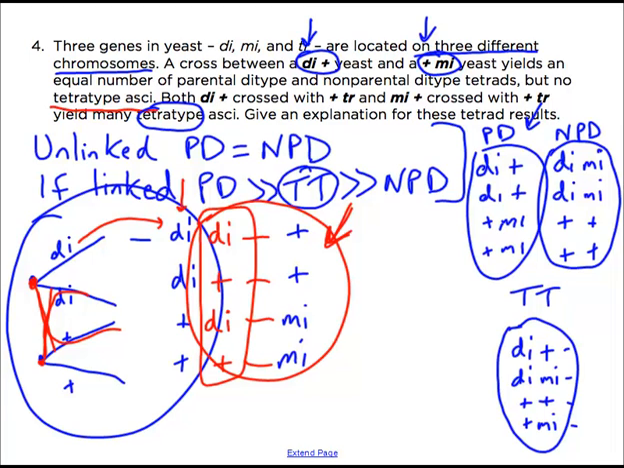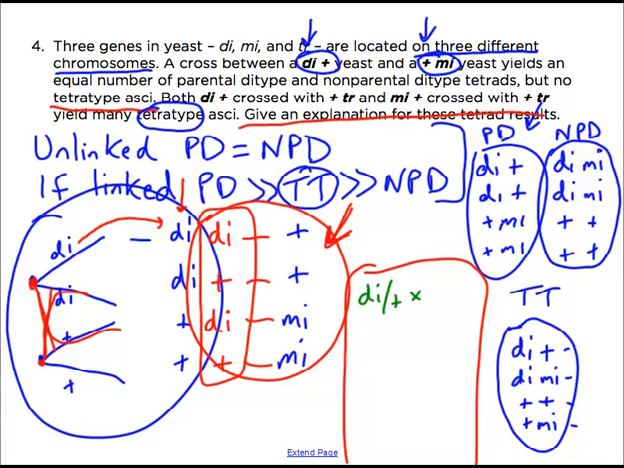Now that we have an understanding of that general principle, let's look at the data. All they say is give an explanation for these tetrad results. So obviously, some kind of crossover is happening between a gene and its respective centromere whenever we see tetratypes, right? So there are 3 crosses here. Let's carve out a little spot, and I'll change the color. They told us, here's cross number 1, di plus times plus mi. And if you do that,